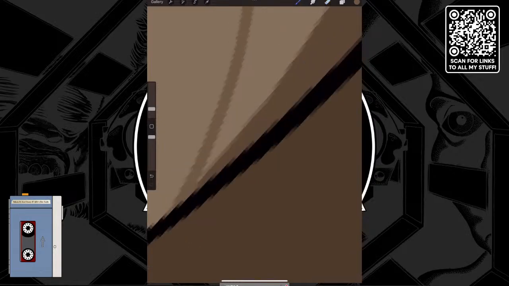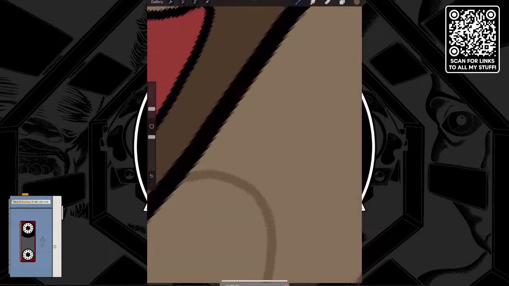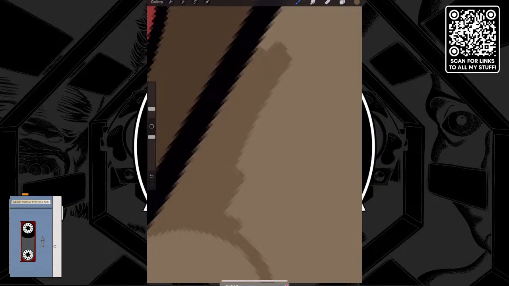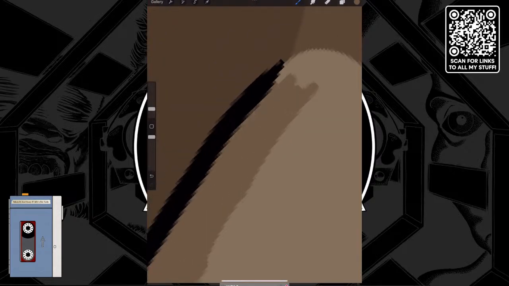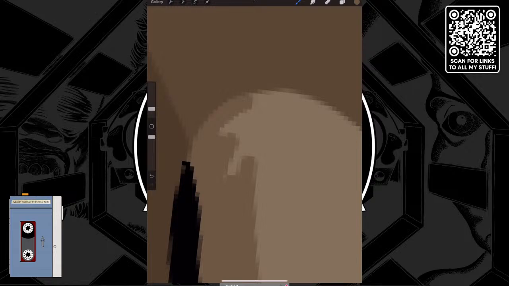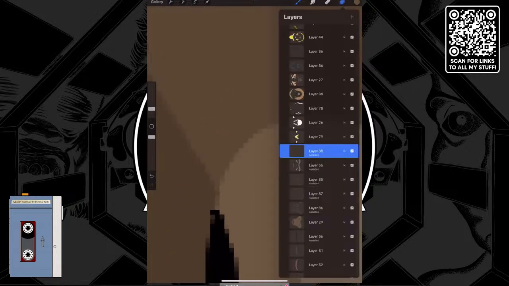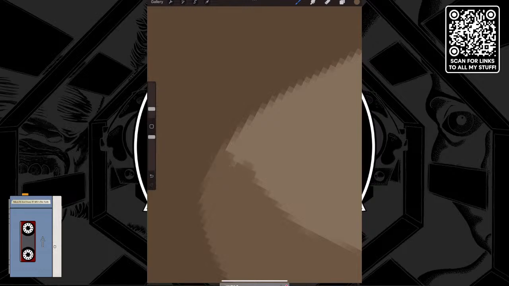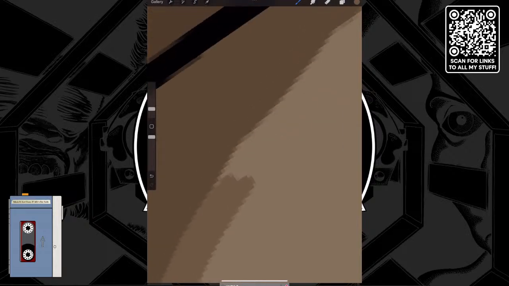Let me again reinforce what I've said many times. This is where being able to work digitally is so much better, because if I had done, let's say, a watercolor of this, there's probably a technique to do something like that. But it would not be easy. Well, it wouldn't be easy for me, and I'd imagine for anybody to come back and realize, oh, I want to add a bunch of additional colors.